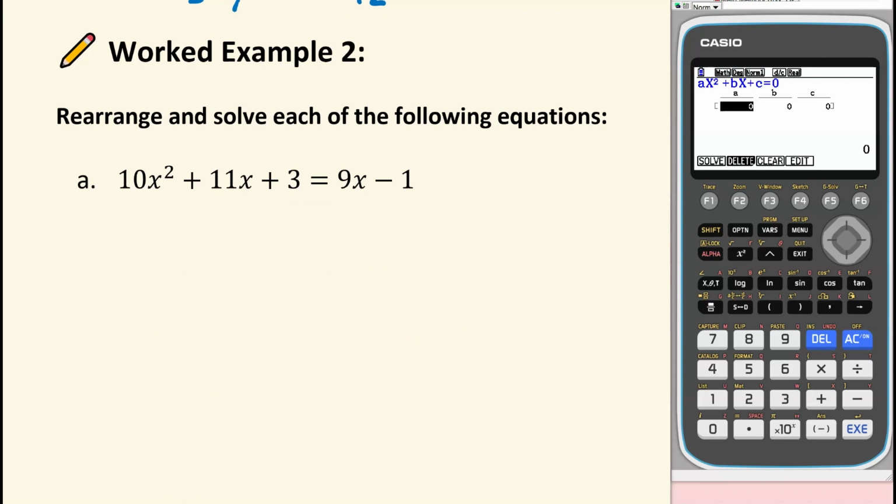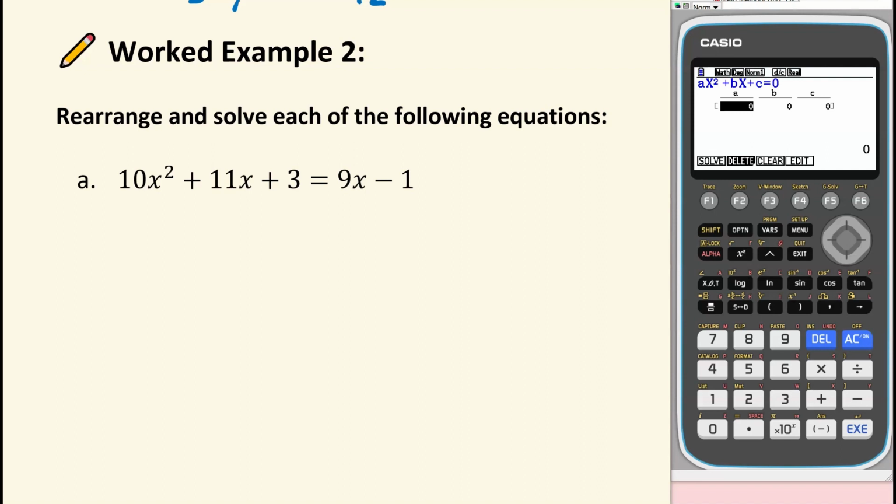Now, to finish off this video tutorial, we're going to have a look at some examples of equations where we do need to do a bit of rearranging before it's expressed in its general form, and we can therefore use technology to solve the possible solution or solutions for x. Now, there isn't necessarily a particular strategy you should or shouldn't use when rearranging these equations. However, I personally like to make sure that my ax squared value is a positive, but that's just a personal